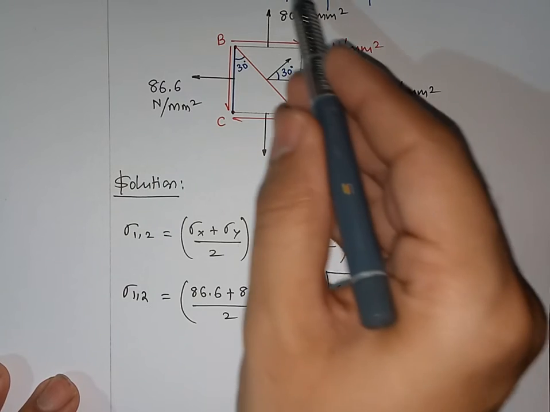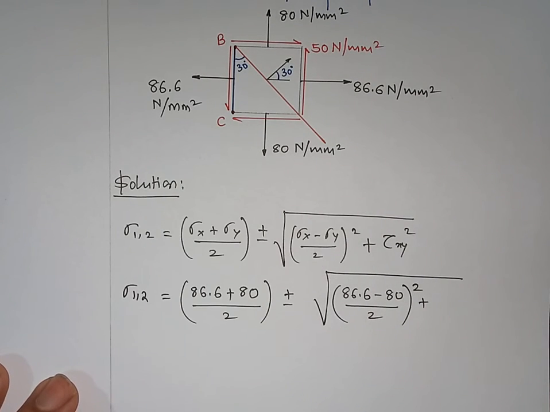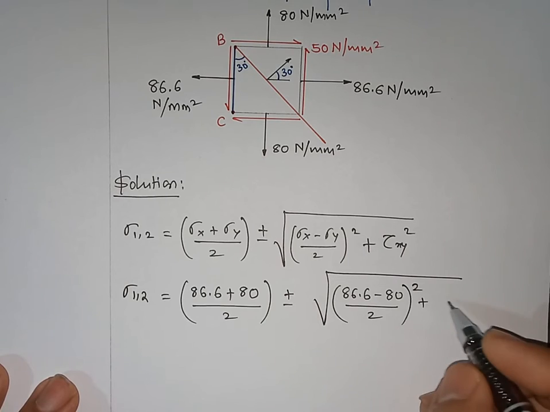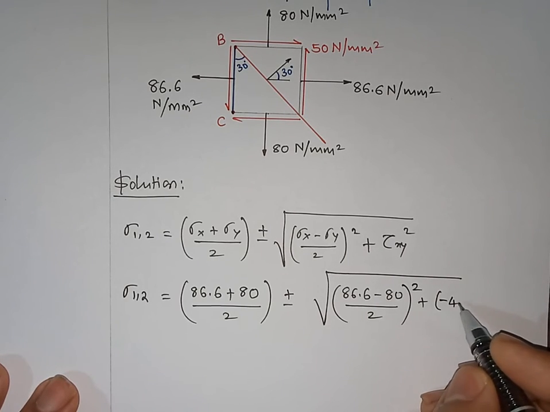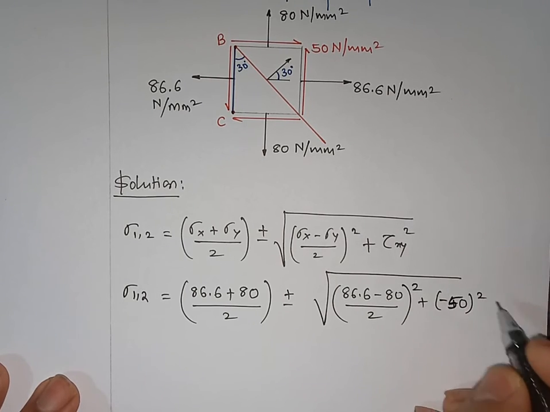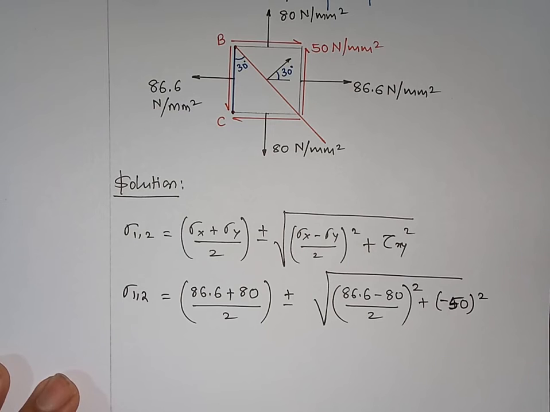So anti-clockwise is always negative according to our sign convention, right? So I'll write here it is minus 50 the whole square,